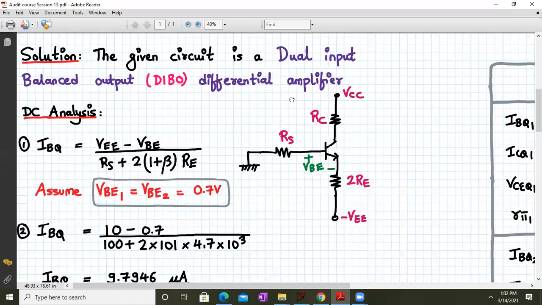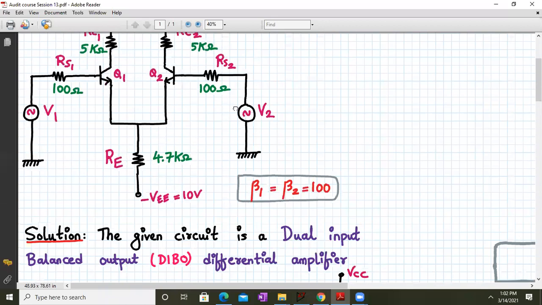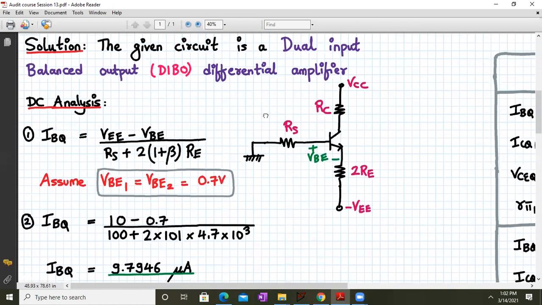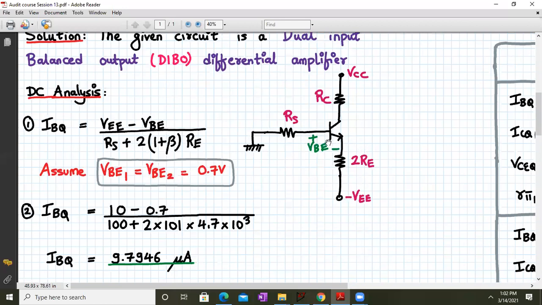So for DC analysis, we consider only one half of the stage. As I've told you, if you make a bifurcation line exactly in the middle, both the stages will be symmetric. Let me show it to you. So let this be the bifurcation line in the middle. Okay. Now, if you see to the left of this line or the right of this line, both the stages will be symmetric, exactly symmetric. Okay. So let me go back. Yeah, so only considering one half will be appropriate.